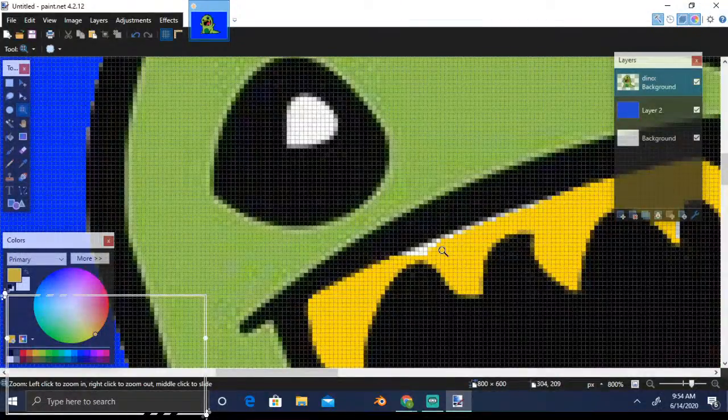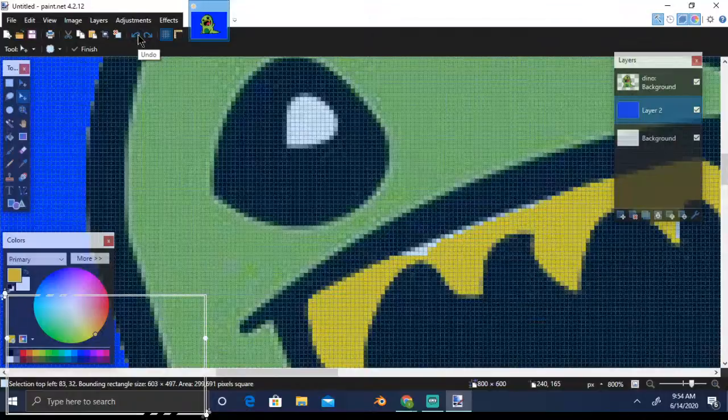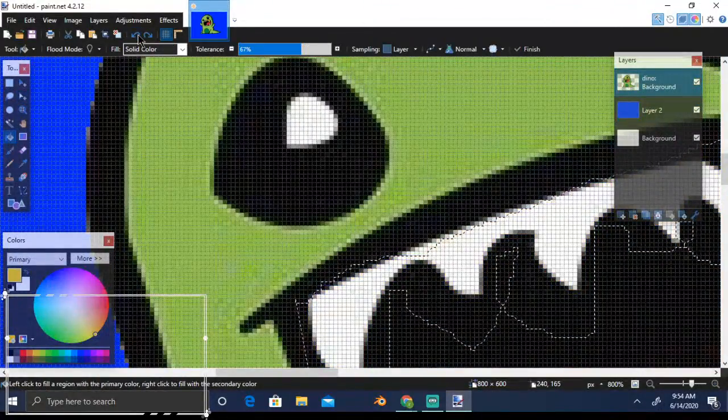Don't zoom too much, as I have zoomed it too much. It has pixelated, and this is what pixelation looks like. Let me undo this. You may need to zoom depending on the selections you are making.